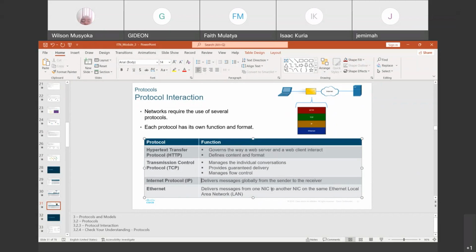As much as we are on the same local area network, we are using an application we're calling WebEx. So the message is going to be converted, or encapsulated, into a data frame, and then it will move from the NIC card of my machine to the NIC card of the nearby switch.